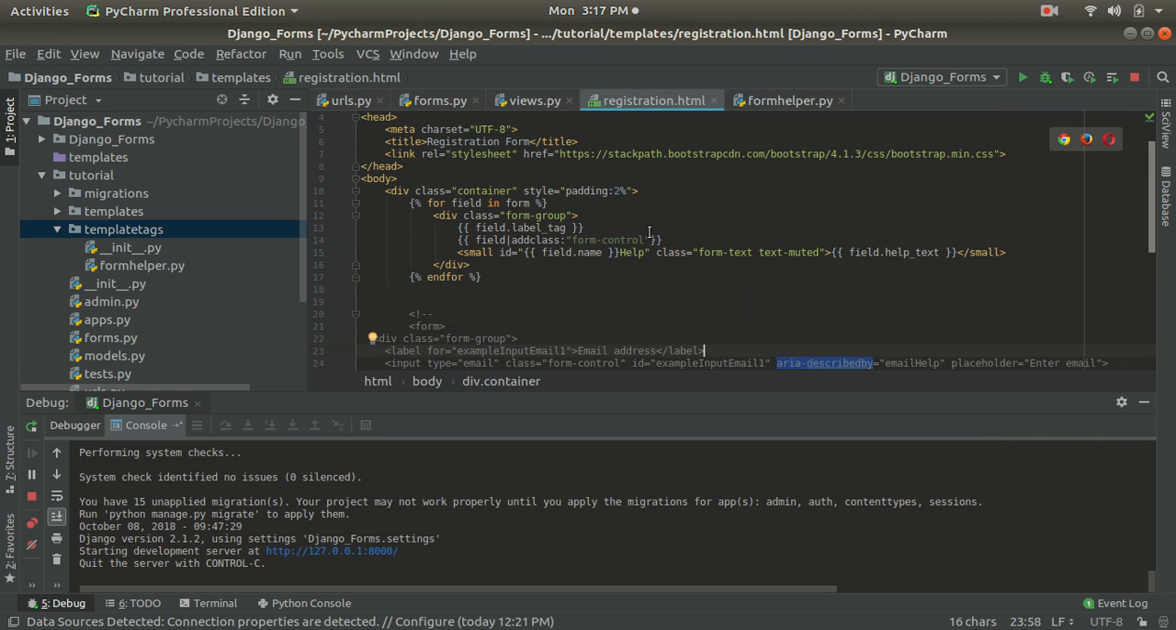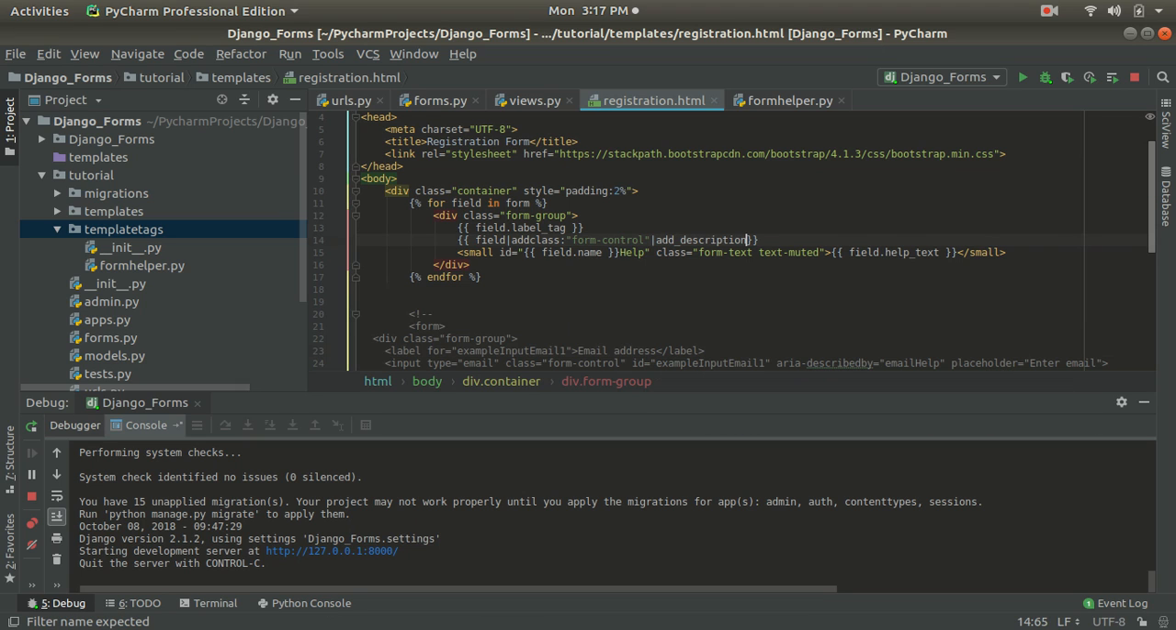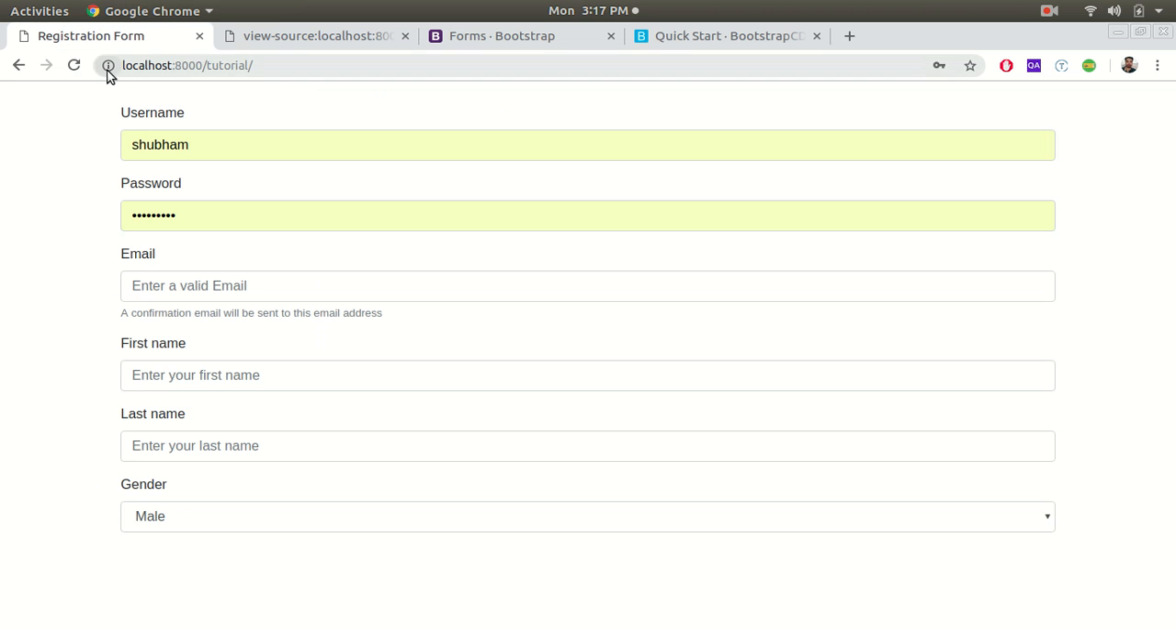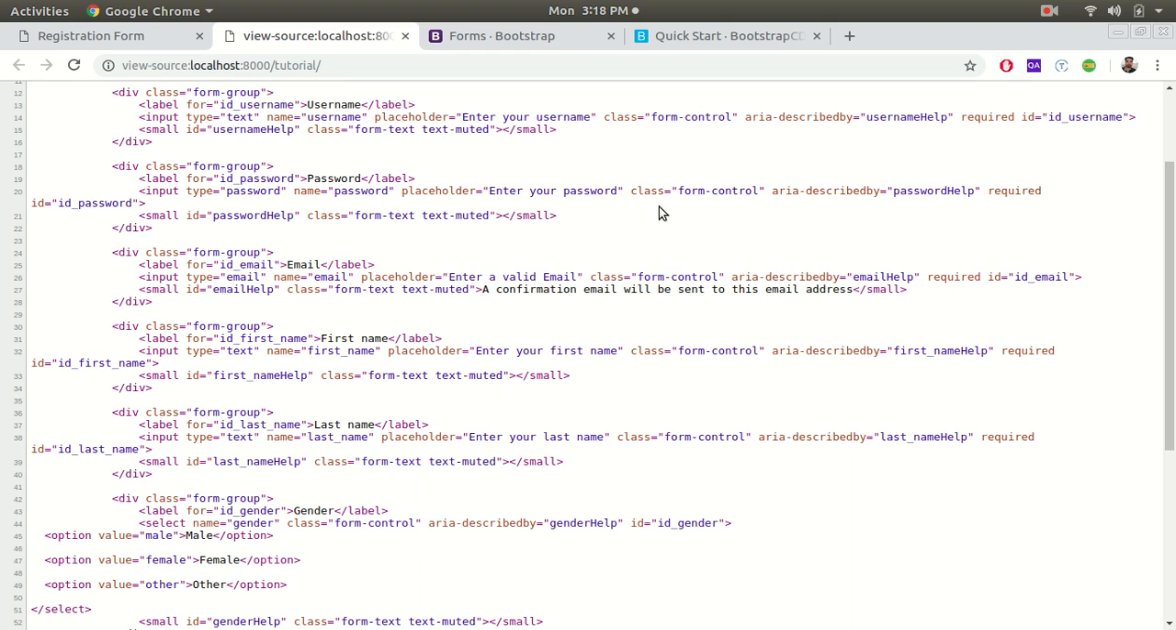Now I have to apply the second filter here, which is add description, and give it the description of help, because here I'm using help, that is why I'm giving help. And now if I refresh the page, and you cannot see anything, but if you refresh the page, now